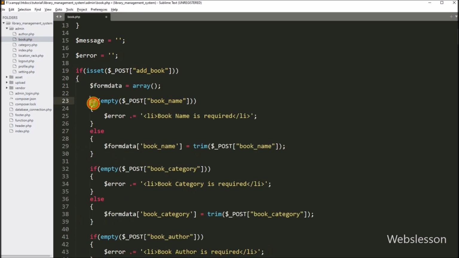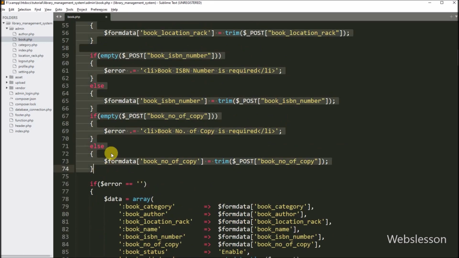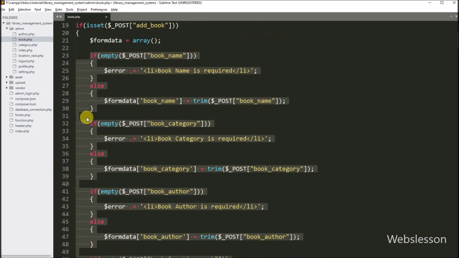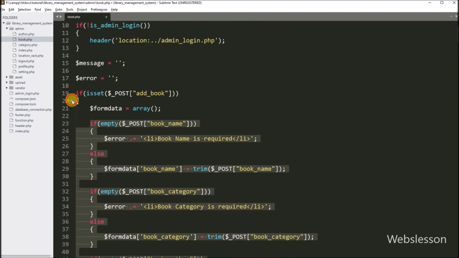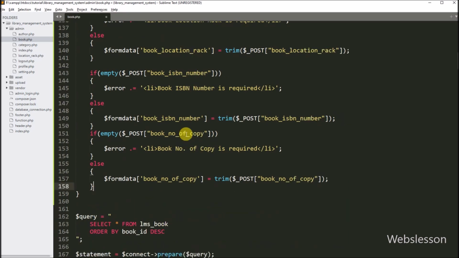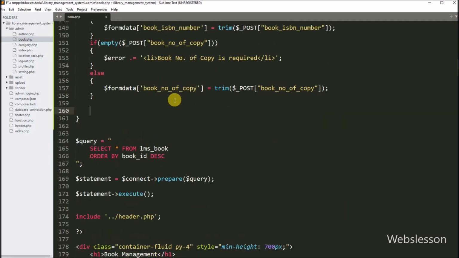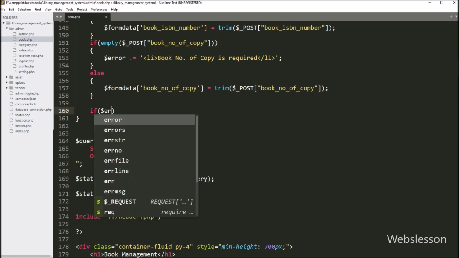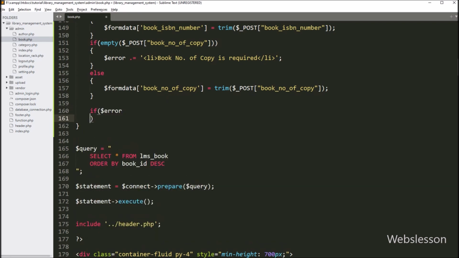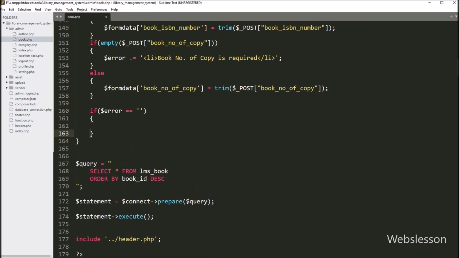After this first, we want to validate form data, so we have already written form validation code in the previous part. We have simply copied that code and pasted it under this book edit code part, so here we can directly proceed to edit existing book data by using PHP script. After validating all form data, now we have to write an if statement, and under the condition, we have to write $error variable is equal to blank value. So if this variable has a blank value, then it will execute the if block of code.